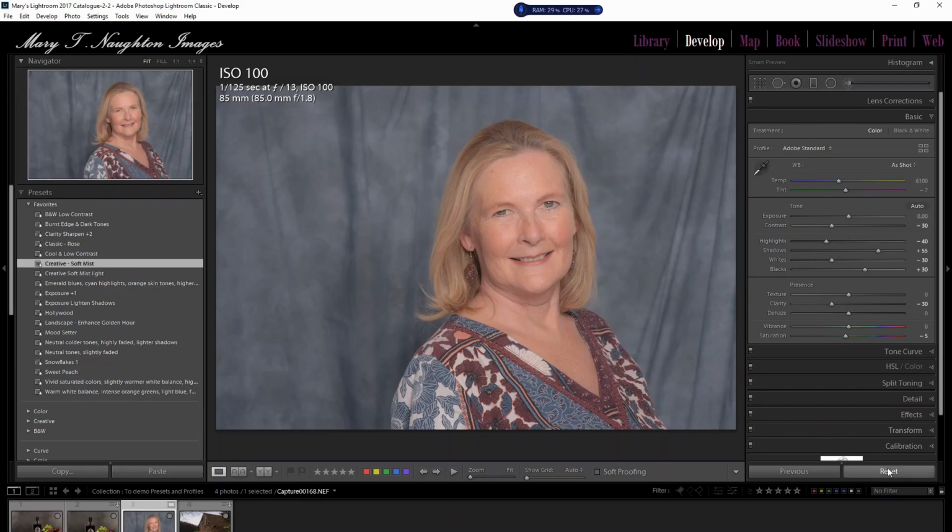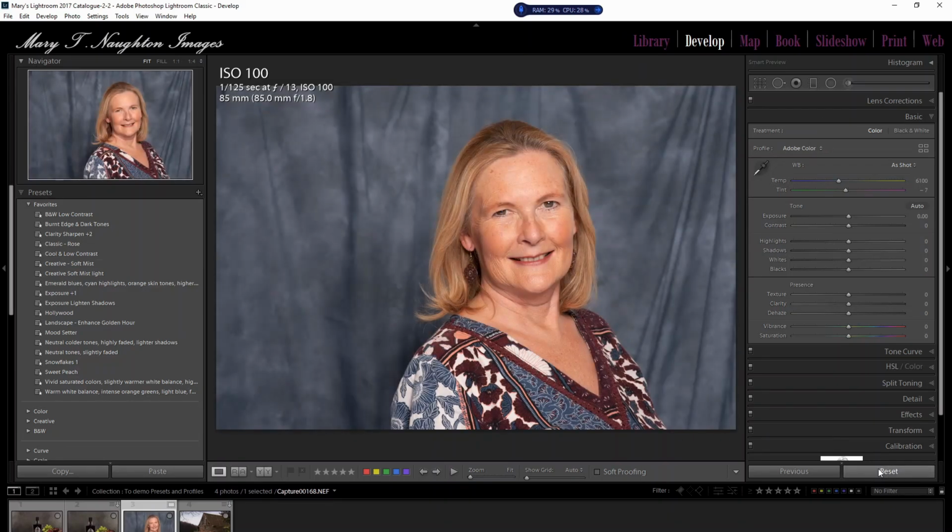So I'm just going to reset this image again so that we're working on an out of the camera image. Now a profile is applied in the same way. You just select the profile and click it onto your image, but a profile can be used in conjunction with presets. That is the biggest difference between a profile and a preset: